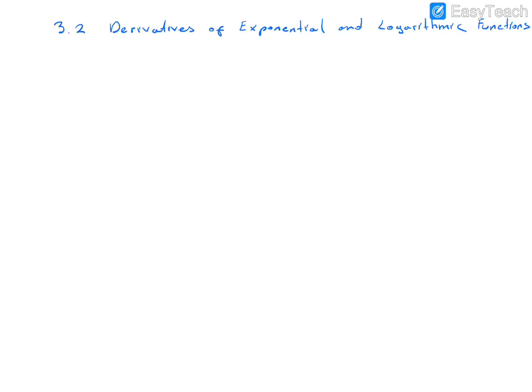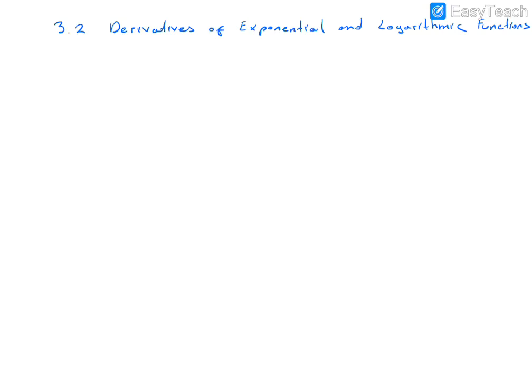In this section, we find formulas for the derivative of logarithmic and exponential functions. A review of sections 1.5 and 1.6 may prove helpful if you don't remember what we did in those sections. In particular, recall that f of x equals e to the power x is the exponential function with base e.